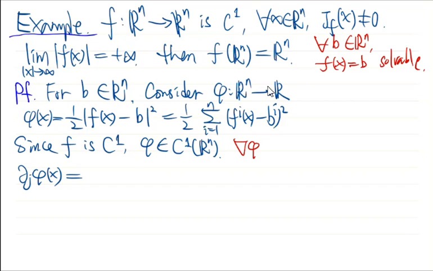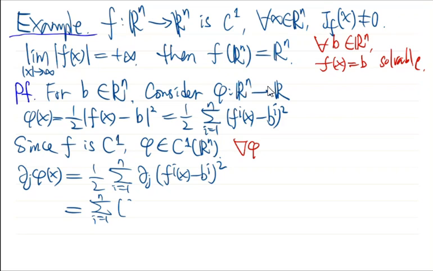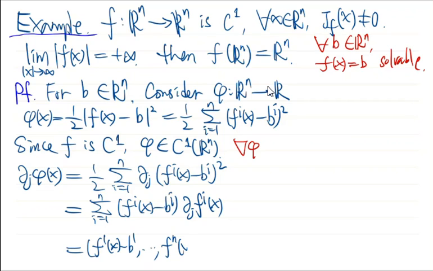The partial derivative is easy to compute. It is the sum over i from 1 to n of (fi(x) minus bi) squared, and it is not difficult to see that the square will produce a 2, which cancels with the half in front of the summation. So the result is the sum over i from 1 to n of (fi(x) minus bi) times the partial derivative of fi minus bi with respect to xj, that is, dj fi(x). So what is this? This is precisely the row vector (f1(x) minus b1, ..., fn(x) minus bn)